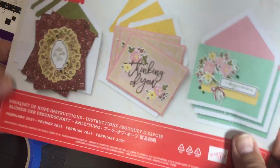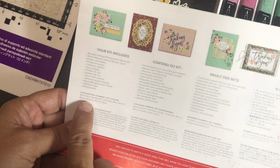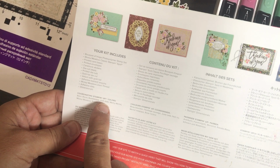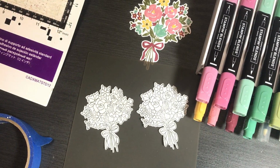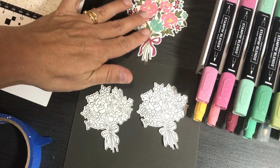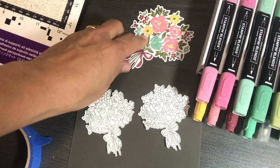In the instructions of this kit, on the back, when you get your Paper Pumpkin kit, it tells you the coordinating colors: Basic Black, Bumblebee, Just Jade, Merry Merlot, Mossy Meadow, Rococo Rose. So I gather my inks and things, and that's how I came up with these. I used this a little bit as inspiration. I said, oh, this would be nice to make my big flowers